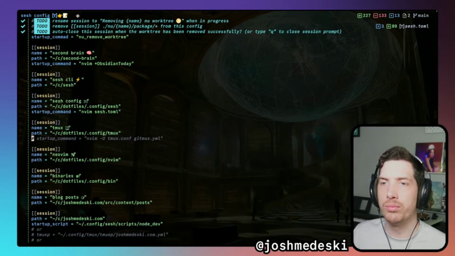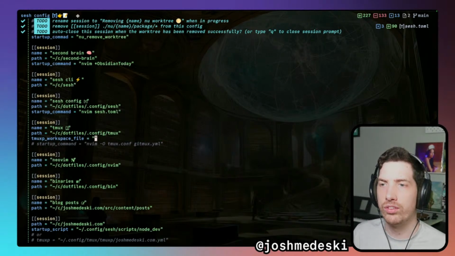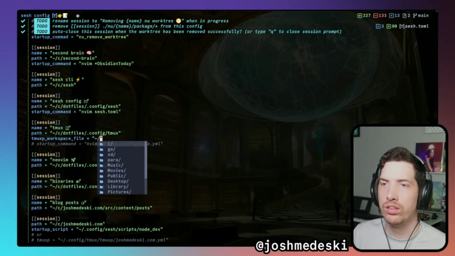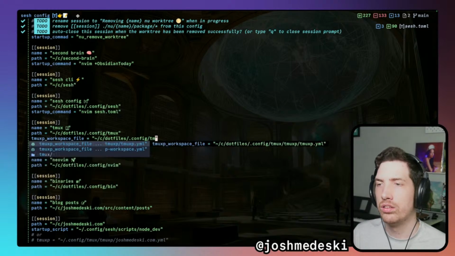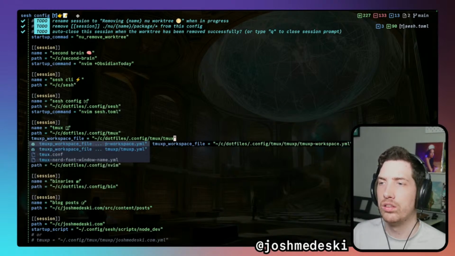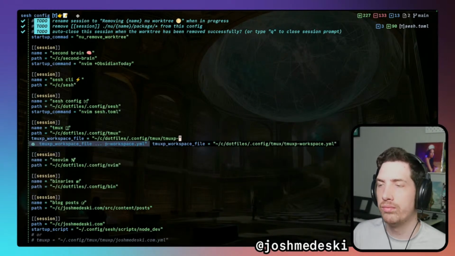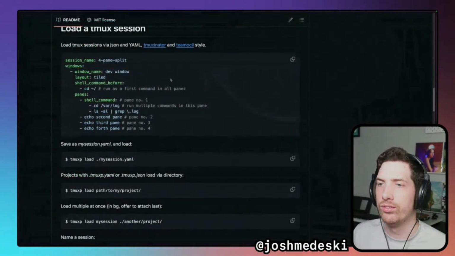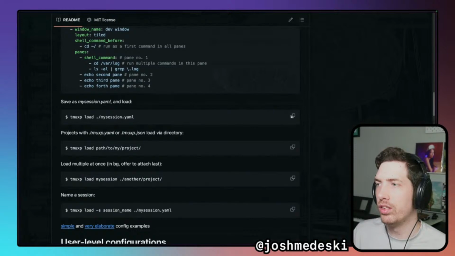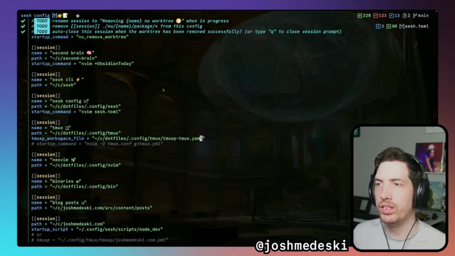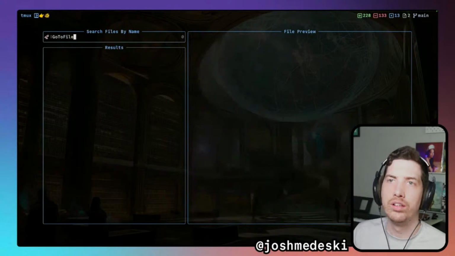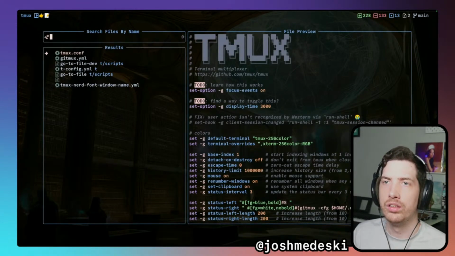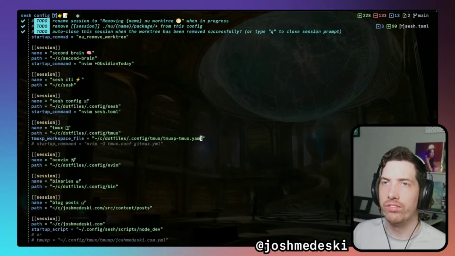If we were to do something like that, that would be more specific to the project. A tmux.p YAML, something like that. We should just be able to load it. So if we go back to tmux and we create that file,